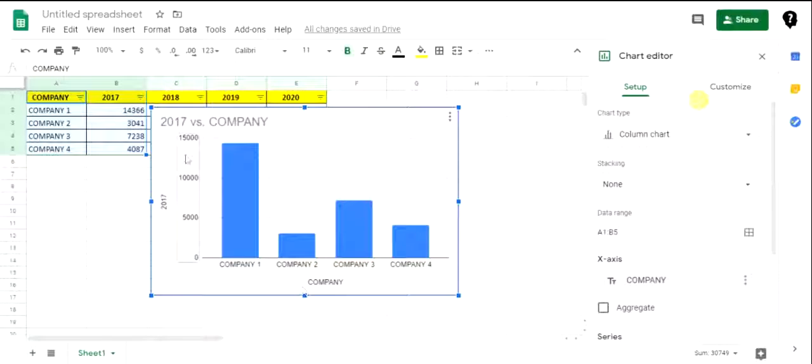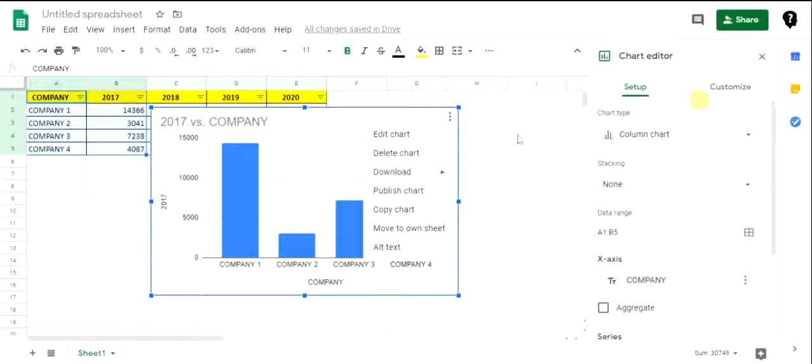So on the chart pane, you have these three dots to edit some of the visual things on the chart. So for example, edit chart, delete chart, download this as an image or PDF, publish this chart, okay, copy or move to own sheet and alternative text on the chart.